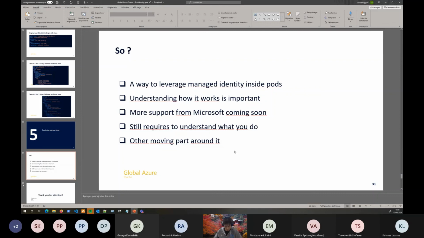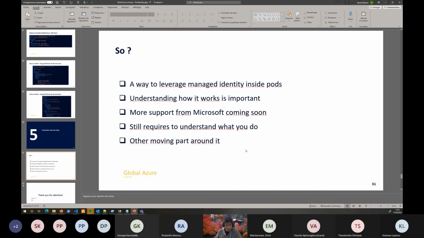Also, what we can see in Kubernetes, but this is the way Kubernetes works, is that you have more than just pod identity to make use of pod identity. And in this example, we have to install another extension, which is the container storage interface for secret store, so that we can interact with Azure Key Vault.